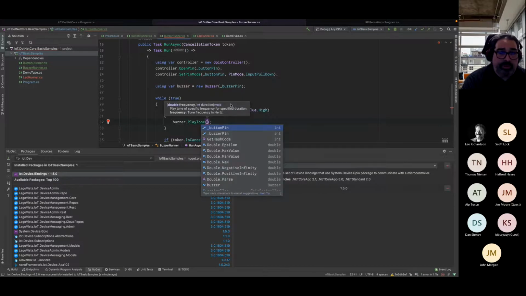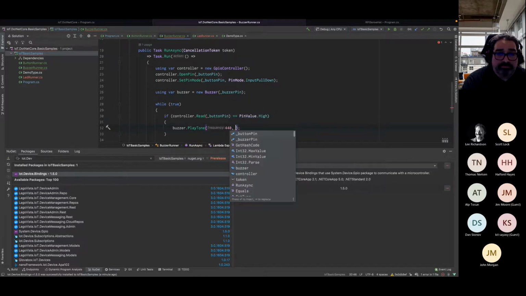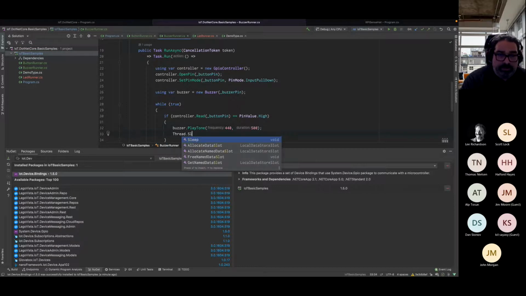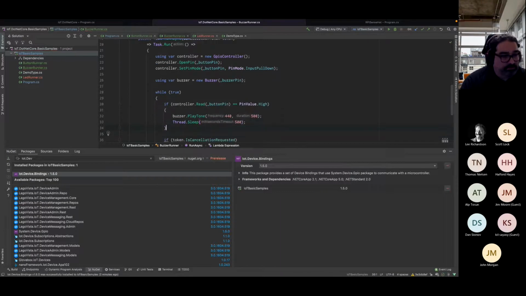And this should have two parameters, the frequency 440 and the duration. And duration is in milliseconds, so let's do half a second. And let's sleep for 500 milliseconds also.